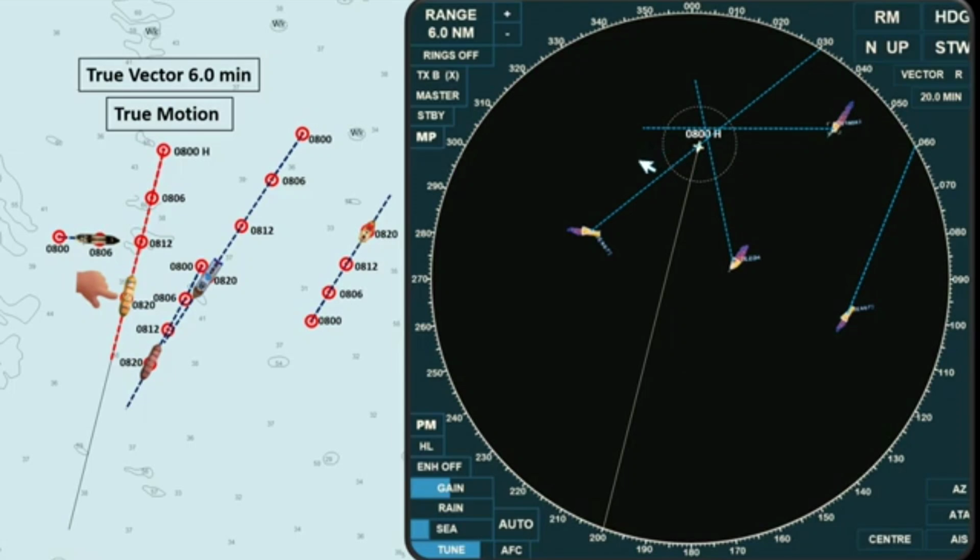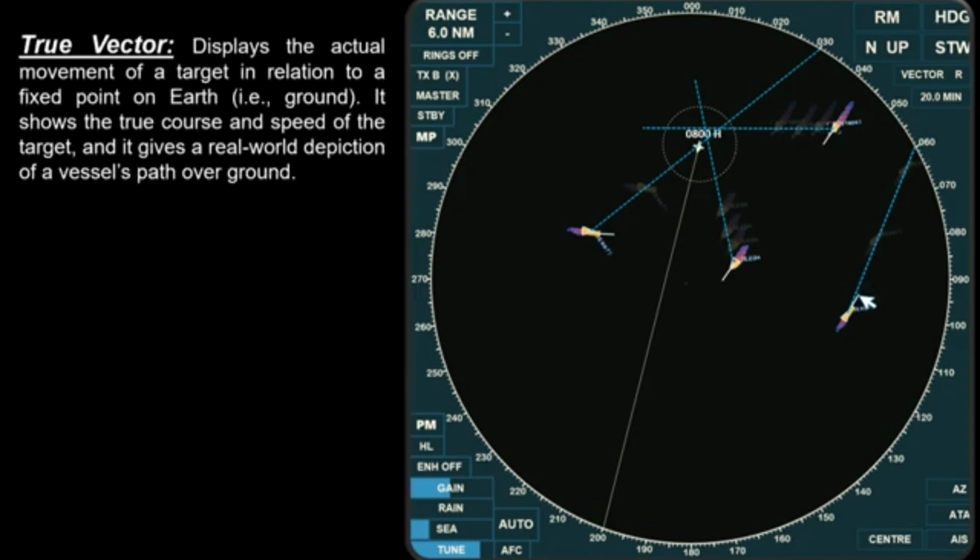But remember that we take our action to avoid collision based on the aspect of other vessels, not from their movement, and relative vector does not show the aspects of moving targets, so switching to a true vector helps us identify the aspects of other vessels, most especially during restricted visibility. True vector displays the actual movement of a target in relation to a fixed point on Earth. It shows the true course and speed of the target, and it gives a real-world depiction of a vessel's path